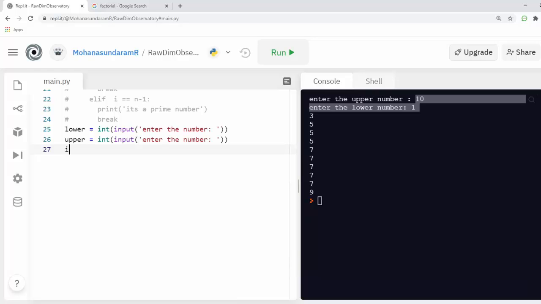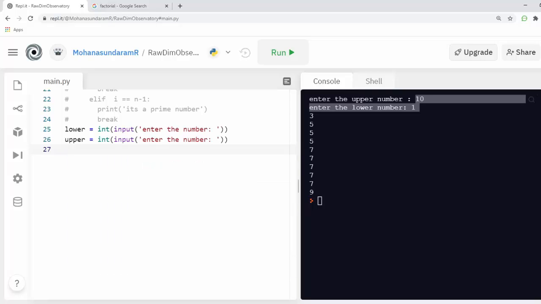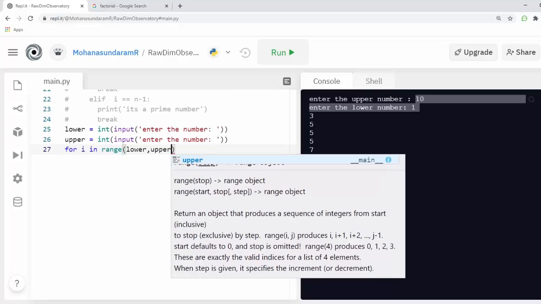First I'm creating my loop over here. I'm creating my for loop: for i in range lower to upper plus 1.